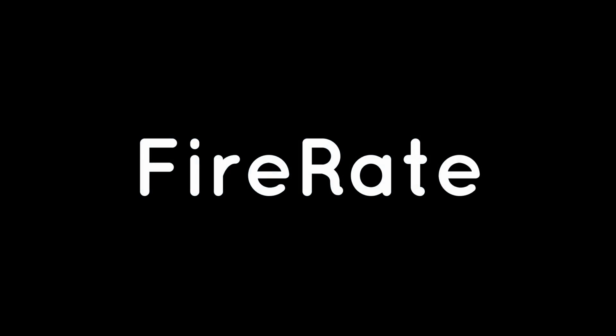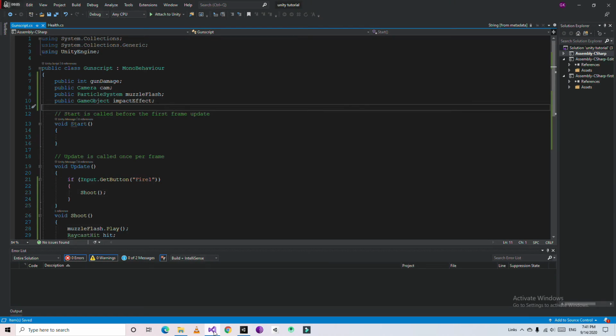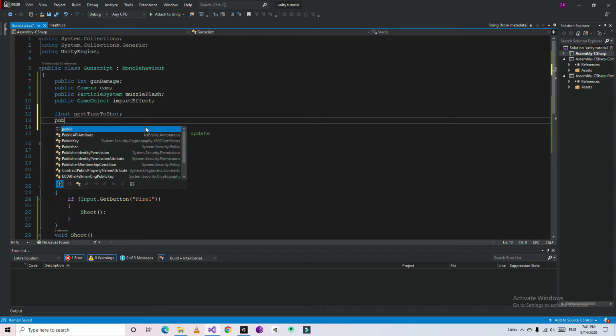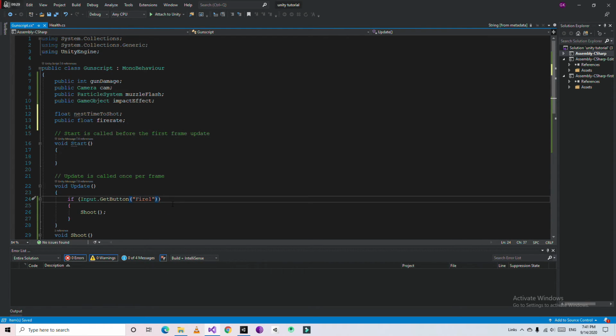So now let's add the fire rate. Okay, let's go back to the script and get two variables. First is going to be a float, and just type nextTimeToFire, and get a public variable of type float and name it fireRate. Then go in the Update function and type: and Time.time is greater than or equal to nextTimeToFire,